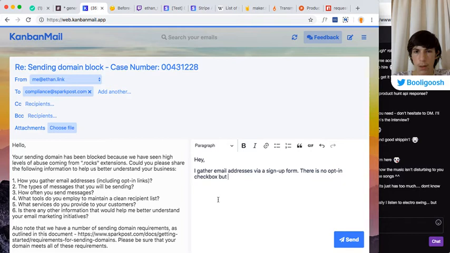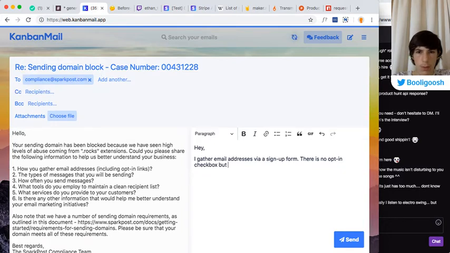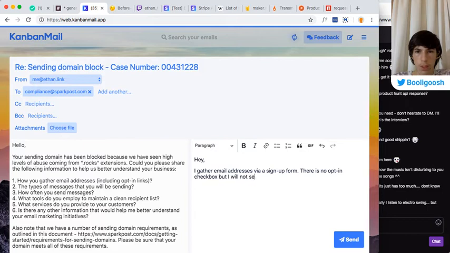So there's no opt-in checkbox, but I will not send any marketing emails, only emails with a link to log in.